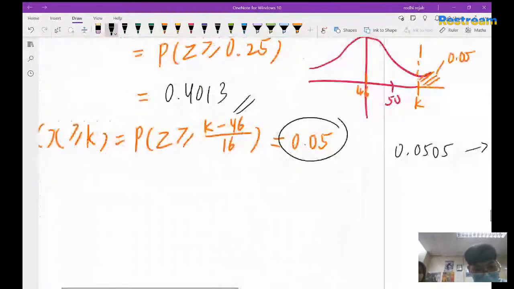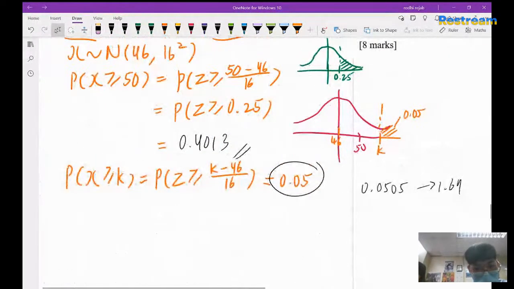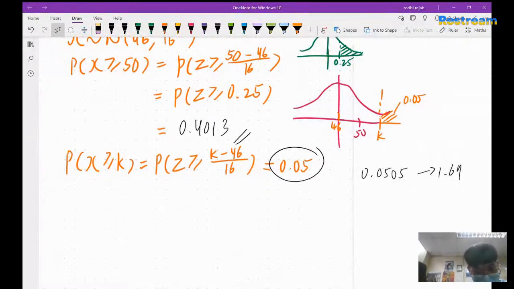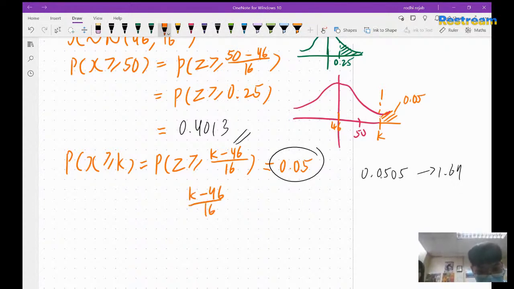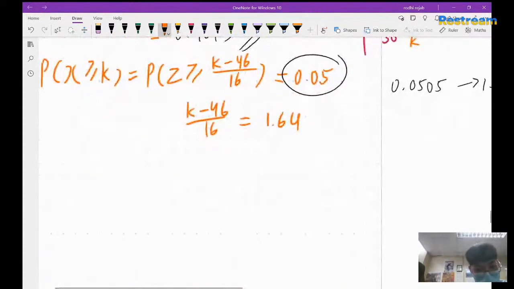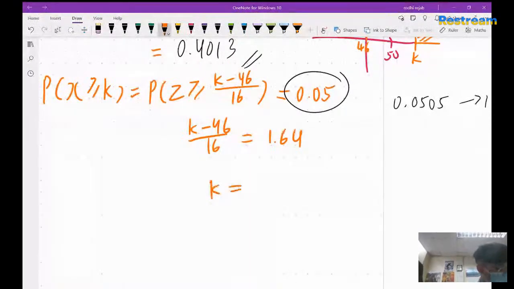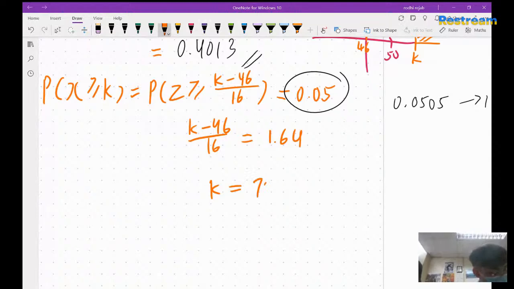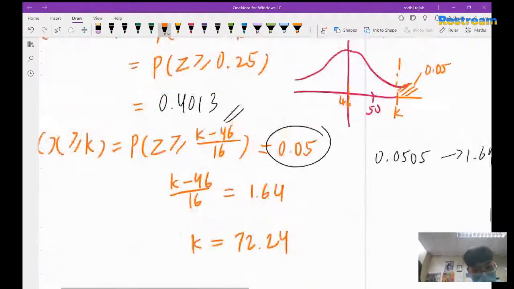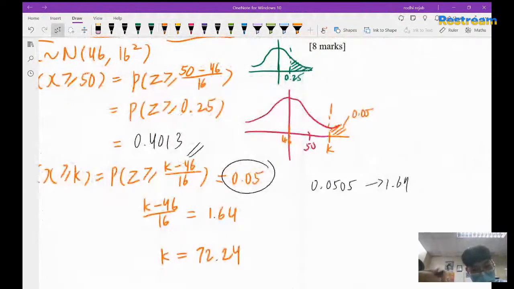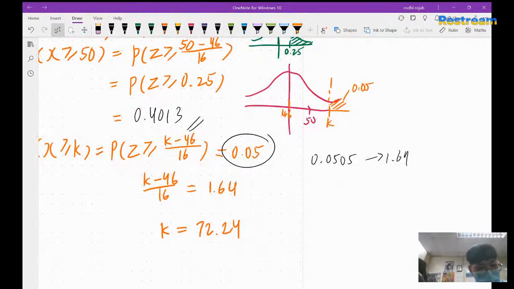It means that for a z value of 1.64, you will get a probability of 0.0505, which is closest to 0.05. Once you know that, you can just write down (k − 46)/16 = 1.64. Now it's already very clear what the value of k is. You just have to solve it, and the answer is 72.24. So it just means that for the score greater than or equal to 72.2,